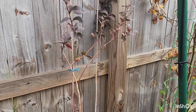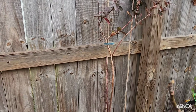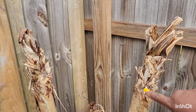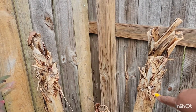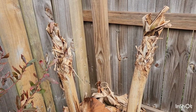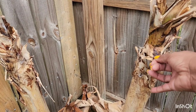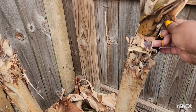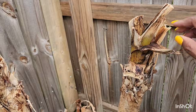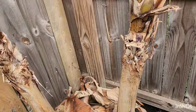Have this blueberry back here that is a beautiful dark burgundy color. This looks good. Banana plants are gonna be chopped down. I don't know how far down I'm gonna go. I'm gonna have to do a little research on it, but I took all of the leaves off of it before the frost. But if you pull back, I know banana plants don't really die, they are hardy. So I'm gonna go ahead and cut a lot of this off and cut this back, and I think